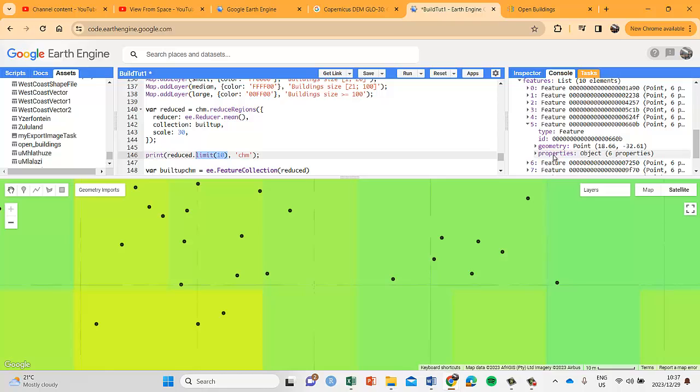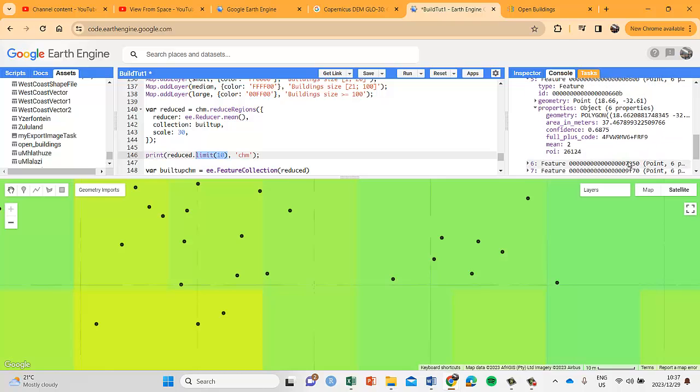You see it's got 6 properties, meaning 6 columns. Okay, so remember it's a table. Each table will have columns, which is the lat and the long and the area and the confidence and all these things. And now we've created a new one there, which is mean. You see there's the value 2. So whatever this built-up structure is, we can determine that by looking at its polygon or its